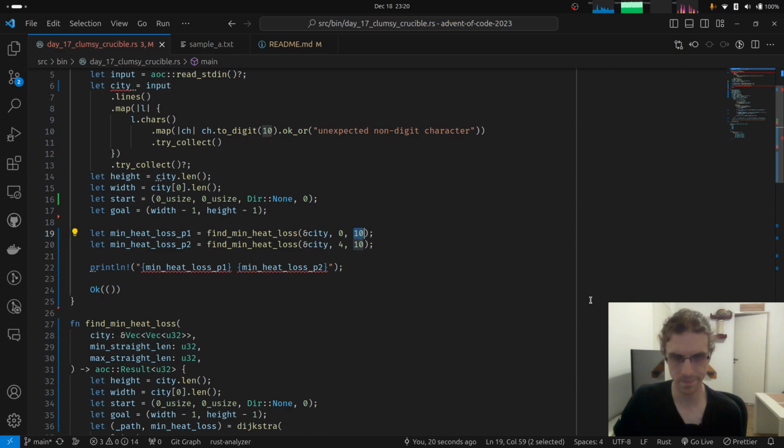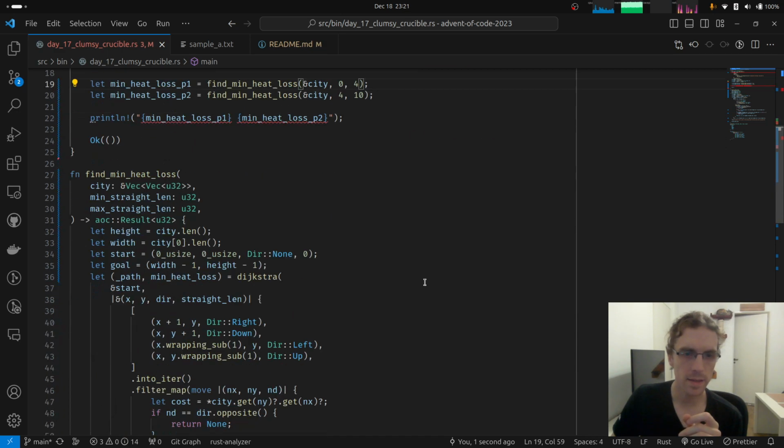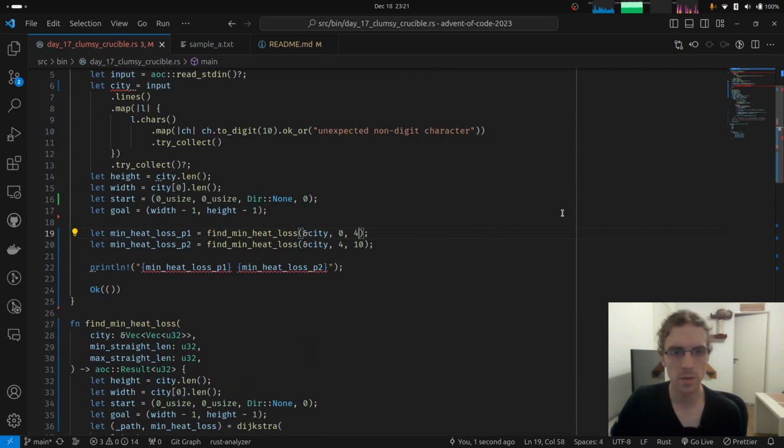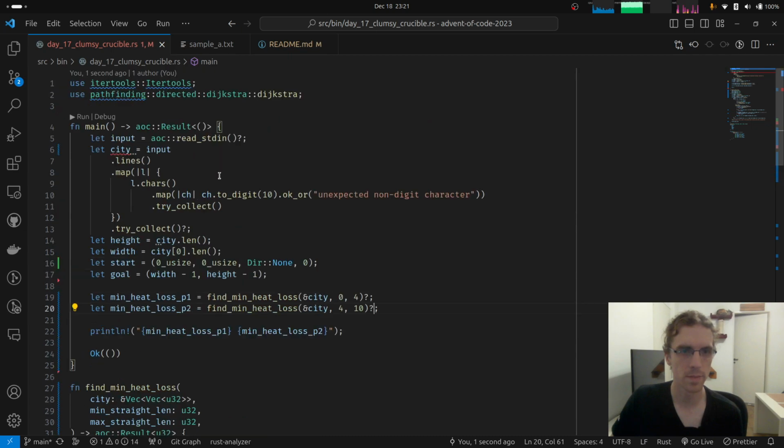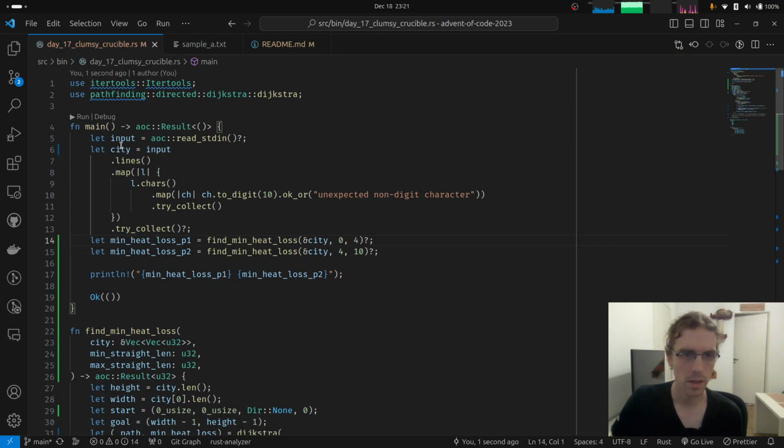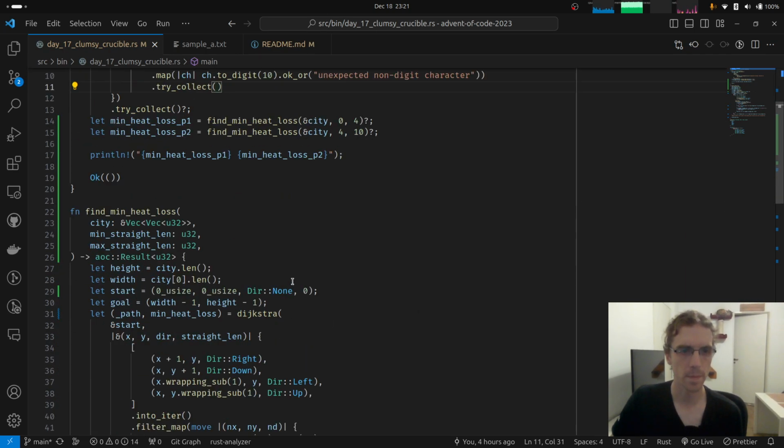And the maximum should be 4, I think, for part 1. Yeah, and I guess this thing already returns a result, so we can propagate this thing up. We don't need any of this, I think. And the city can be inferred. That's awesome. Okay.